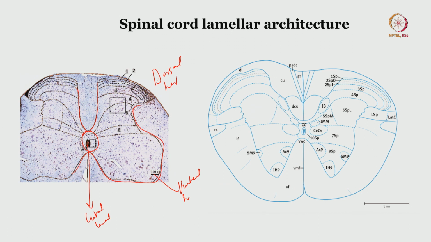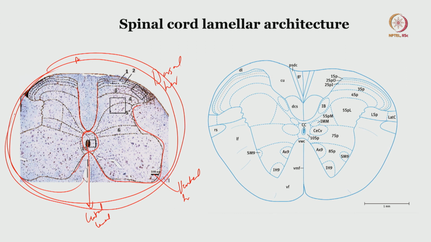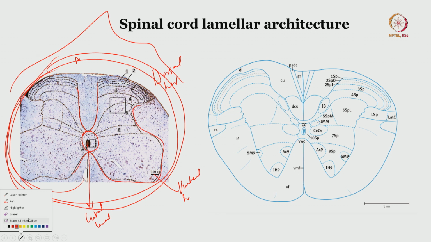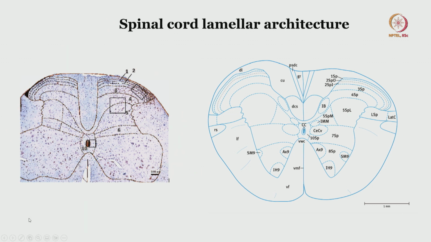This is in continuity with the fourth ventricle of the brain, and then you will have the spinal subarachnoid space around it, where there is arachnoid membrane, and then you have dura mater, and that is when you have a spinal vertebra around it, alright. So, that is the structure of the spinal cord,